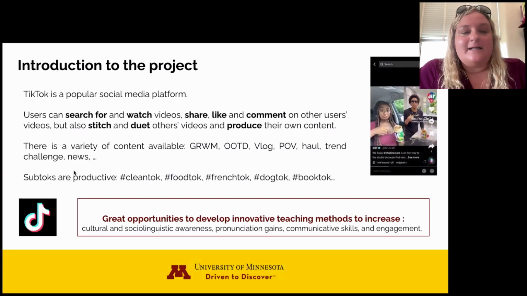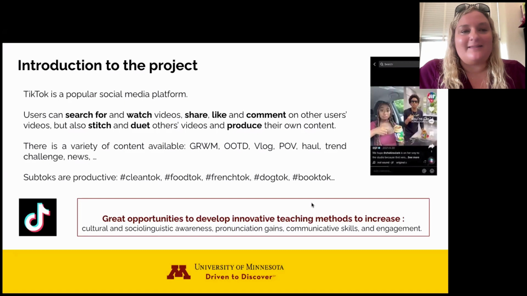TikTok is searchable just like Instagram and Twitter, and I guess now Facebook by extension. And by that, I mean via hashtags. And that's actually something TikTok uses to know who you are. So the hashtags you put in are telling it something about you in the same way that it's helping you find information that you're interested in.